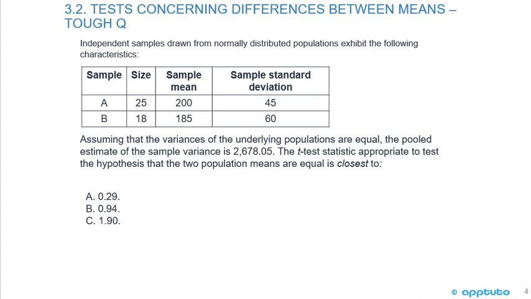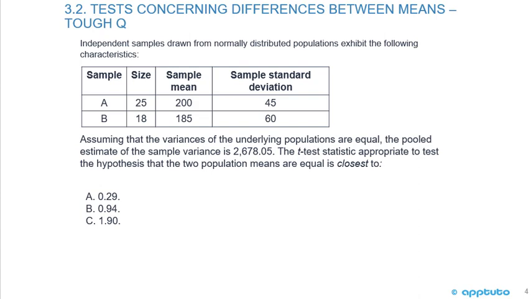For B, we have a sample size of 18, so n equals 18. Sample mean equals 185, and the sample standard deviation is 60. Assuming that the variances of the underlying populations are equal, the pooled estimate of the sample variance is